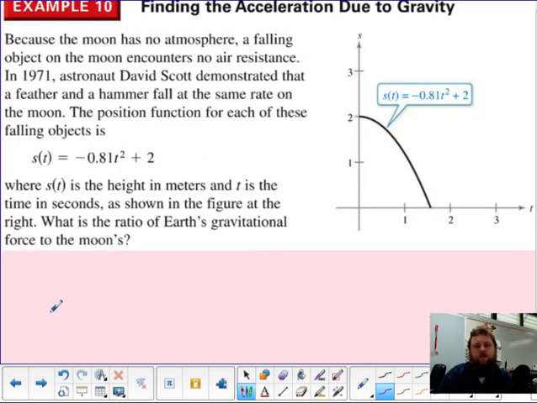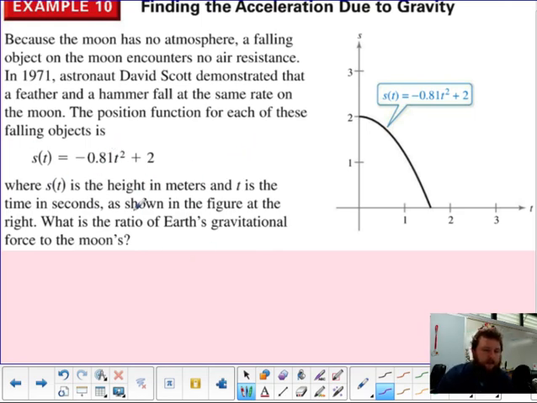So let's use that in the application right here: find the acceleration due to gravity. The moon has no atmosphere. A falling object on the moon encounters no air resistance. In 1971, astronaut David Scott demonstrated that a feather and a hammer fall at the same rate on the moon. The position function for each of these falling objects is given right here: s of t equals negative 0.81 t squared plus 2, where s of t is the height in meters